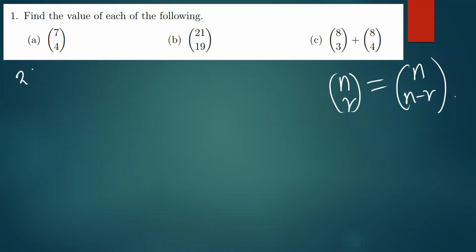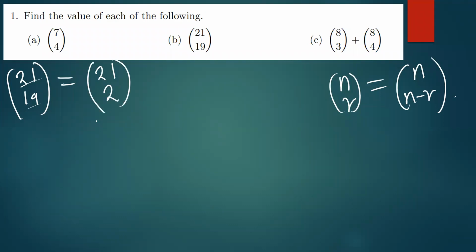So we have 21 choose 19. So 21 choose 19 is just the same as 21 choose 21 minus 19. The answer is what? It is 2. So 21 choose 19 is just the same as 21 choose 2. And when we solve this,